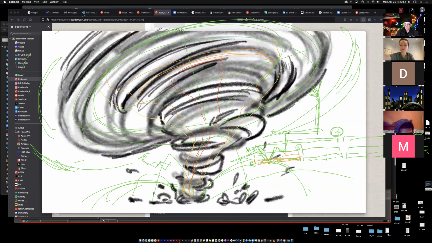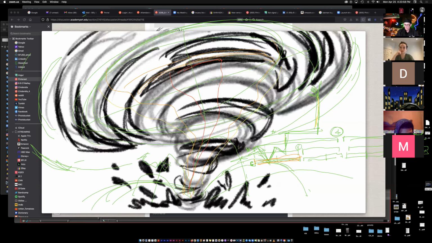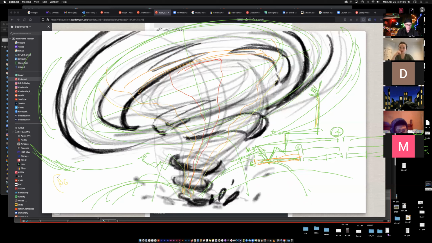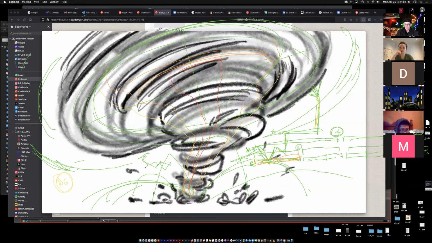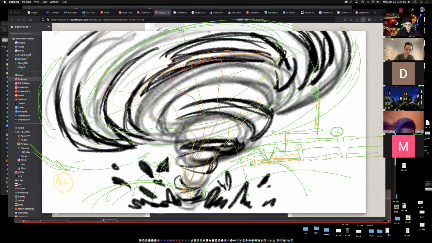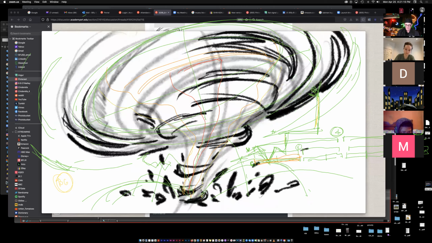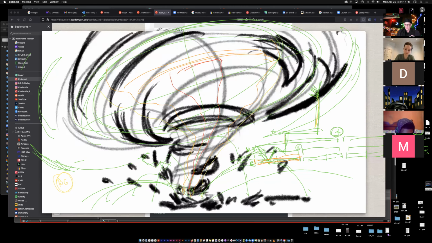You also might want to think that the lightning out here will be against a dark sky. So you want to put a background here. And as long as you've got that working, remember the lightning is just really easy. One thing that really might help you is if you do like lightning flashes down here. So the lightning, the tornado is like exploding